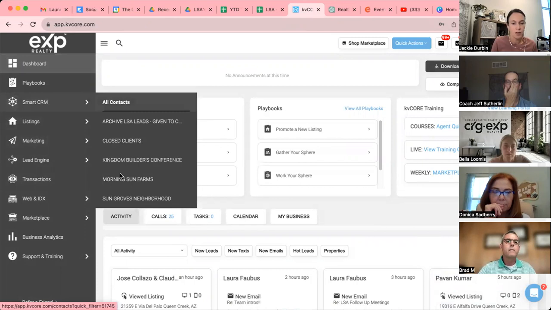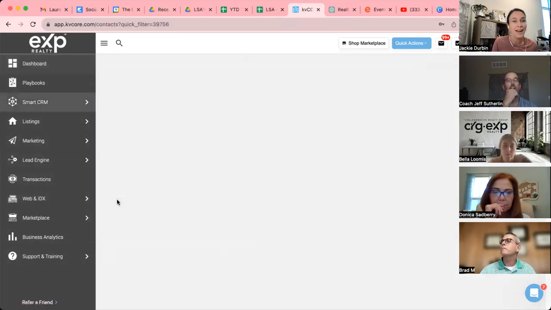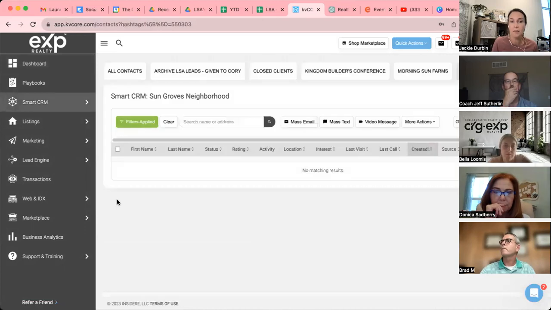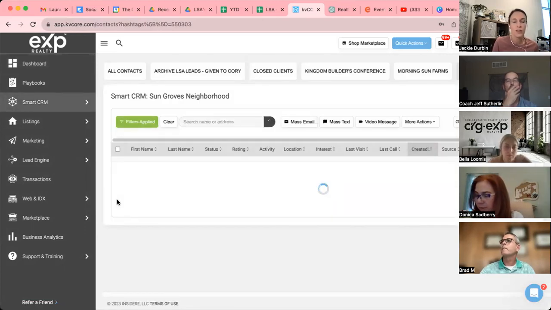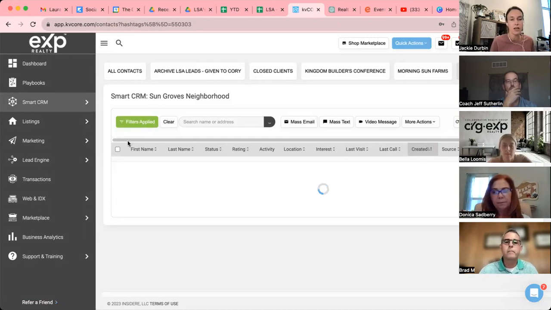So, for example, I'm going to grab all the people who live in our neighborhood of Sun Groves. I don't know where their actual address is. I may have it in here just because they gave it to me from title. But one thing that I can do is set up this property alert for everybody who has this hashtag of Sun Groves. Okay. So I'm going to go ahead. This is going to start showing up, but I can go over to